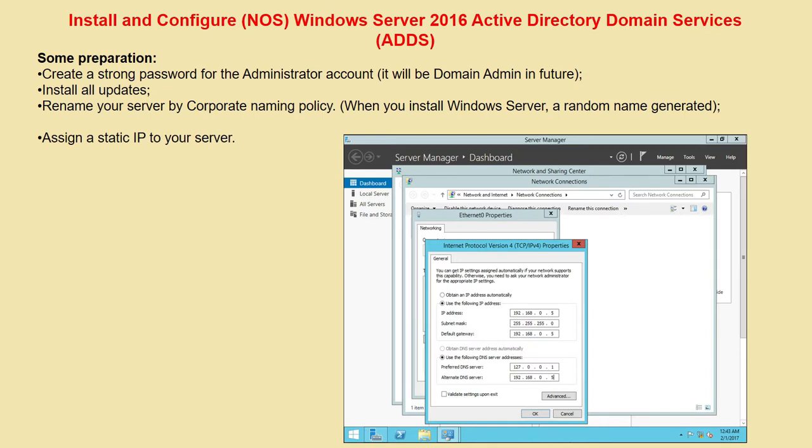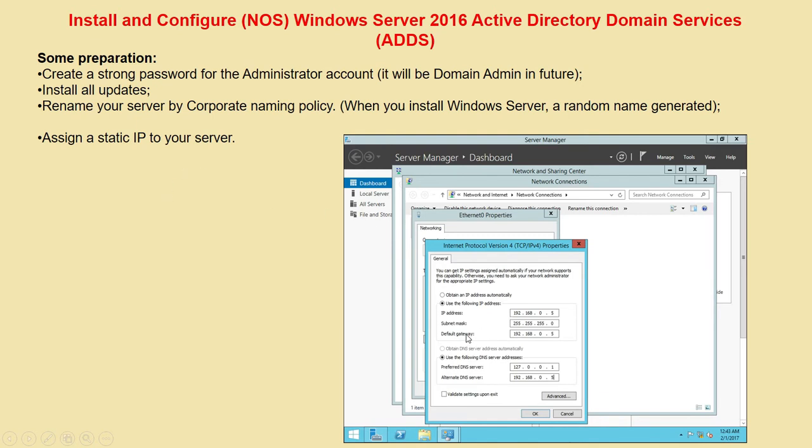Now some preparation you have to make: create a strong password for the administrator account, which will be the domain admin in future. Then install all updates. Then rename your server according to the corporate naming policy. When you install Windows Server, a random name is generated. After that, assign a static IP to your server.